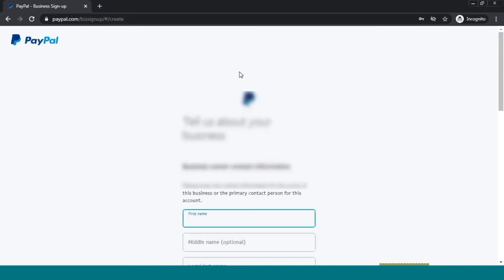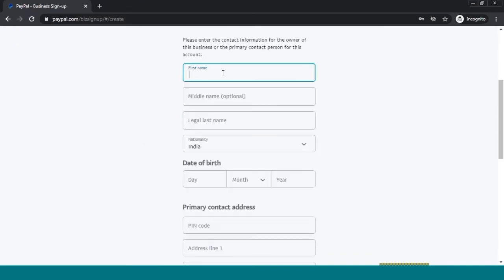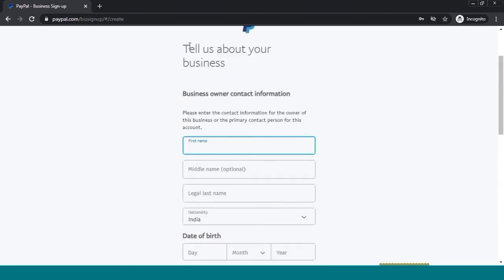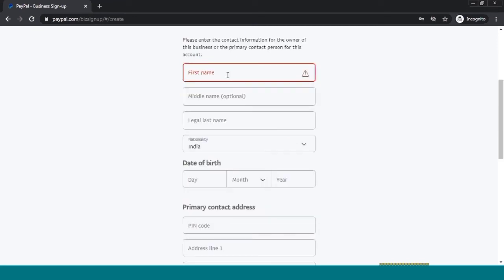After submit, one more form opens. Here you have to submit your personal information. So I am entering my personal data: first name, last name, middle name, date of birth and address.